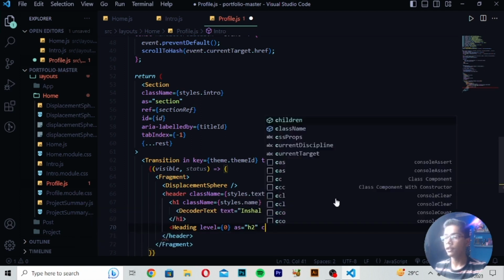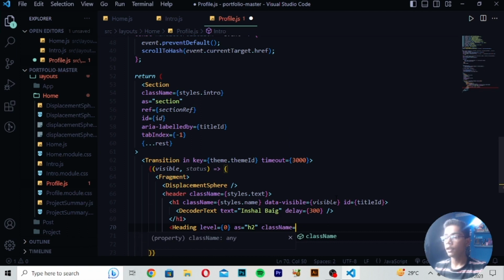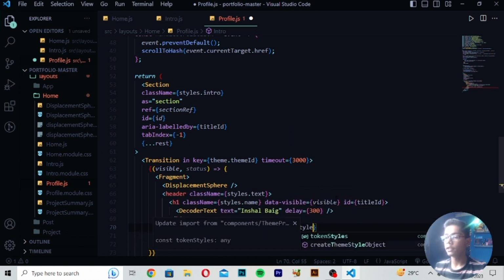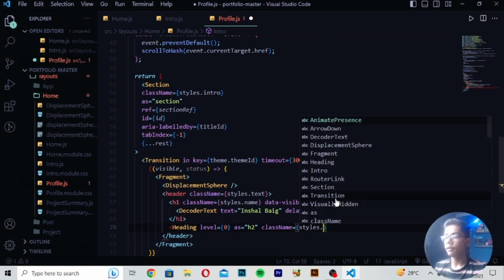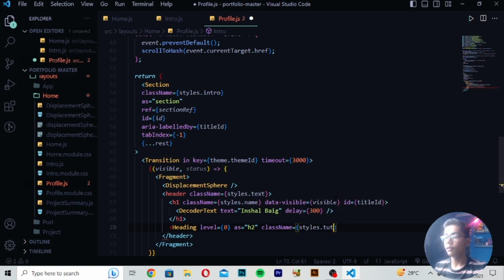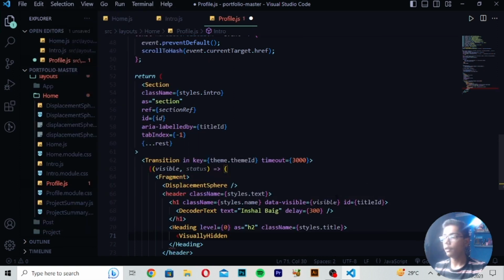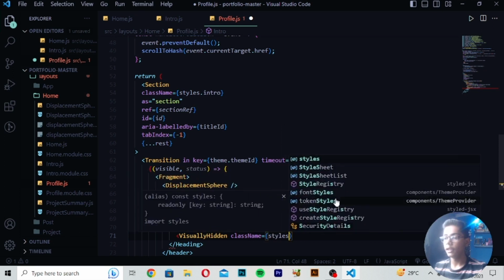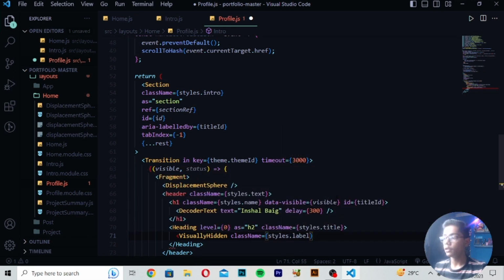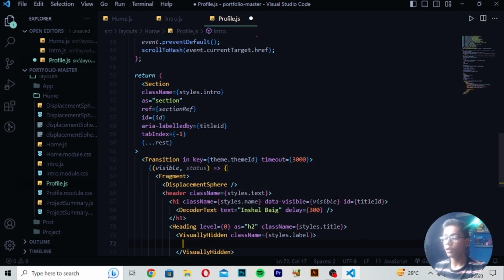So here when you've written this, you have to write here class name, and in class name I will be now writing here styles, and in styles I will be writing here dot title. And after writing here title, you have to just now make this tag, then move down, write here visually. So here I will be writing visually hidden, write here class name is equals to, then write here styles dot label, and you have to just now close this,